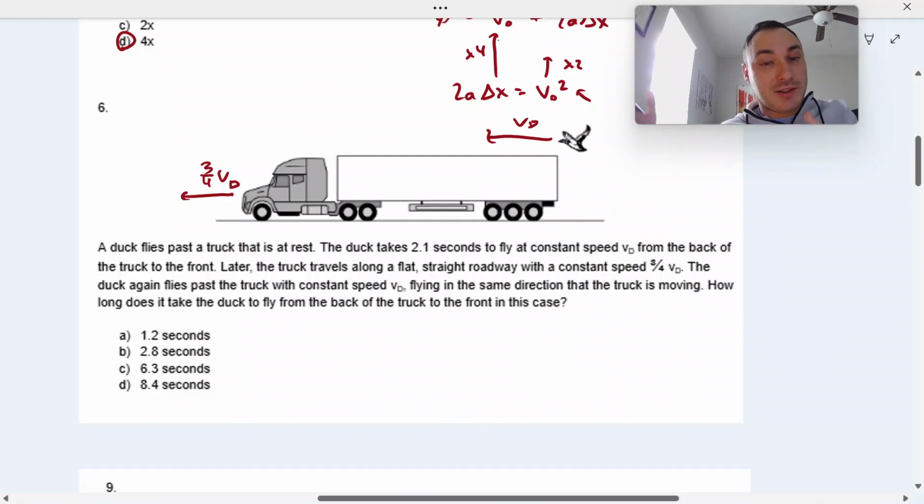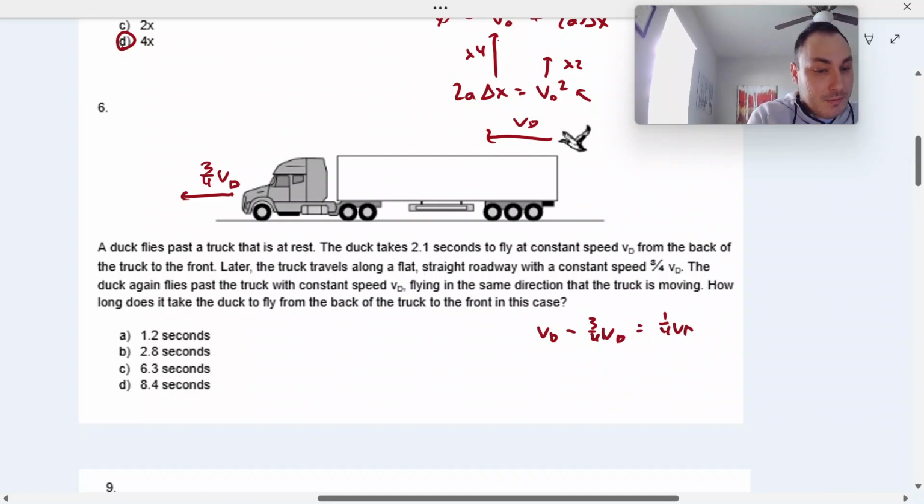So the duck is moving faster than the truck. If the duck takes 2.1 seconds to fly across the truck regularly, how long will it take to fly across the truck when the truck is moving 75% of its speed? So essentially, the relative speed of the duck moving across the truck now is vd minus 3/4 vd, which is just 1/4 vd. The duck, compared with respect to the truck, now has 1/4 of the velocity it had previously, which means it's going to take 4 times as long. 2.1 seconds times 4 is